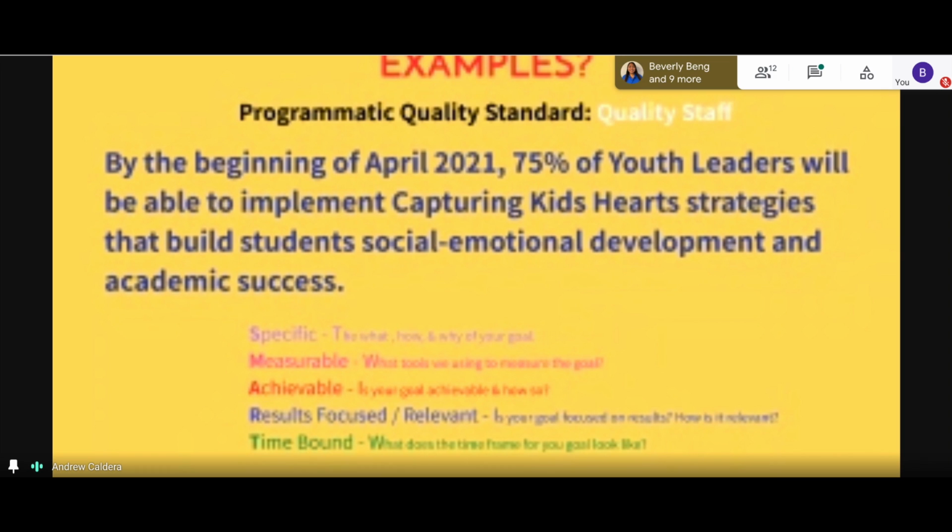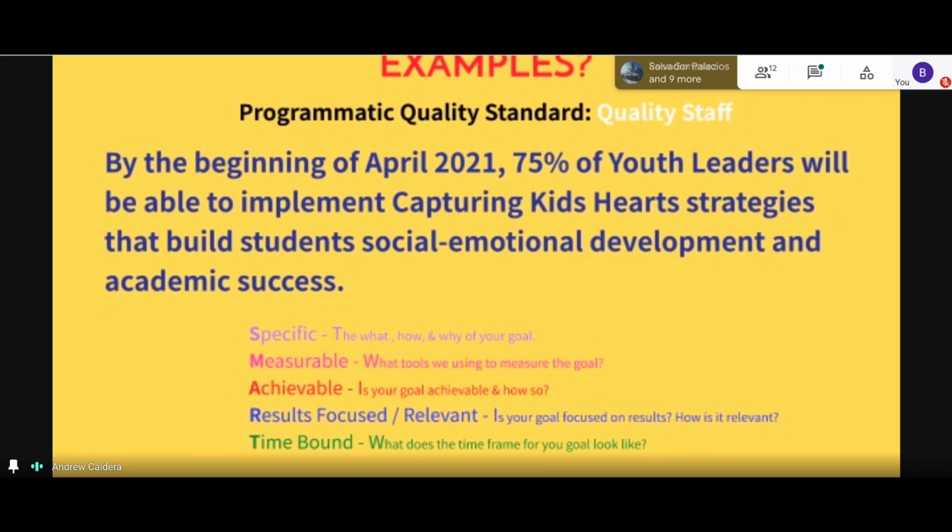If you're doing those trainings, those Capturing Kids' Hearts workshops, those workshops are amazing for them to get a lot of info. So it is achievable, and you'll list a lot of the stuff in your action plan. Results focus. Our results, yes, again, with that 75%, we're hoping by April they're up because we're starting maybe at 25, maybe we're starting at 50, they're going up. And then time bound, same again, April 2021, that's when we're hoping this is at that point.